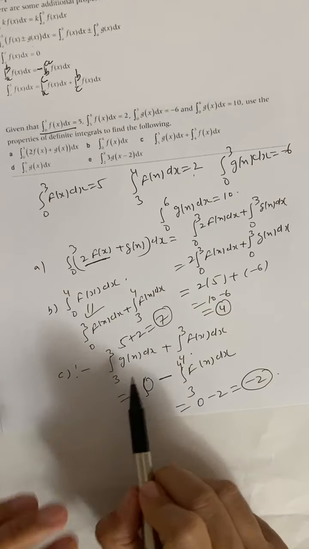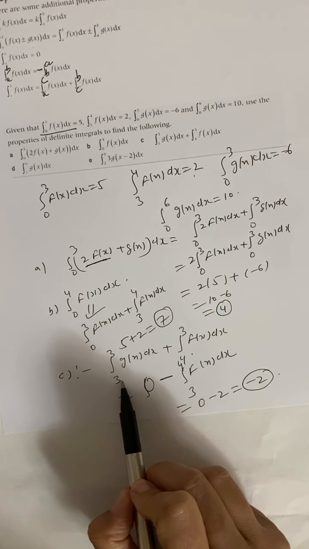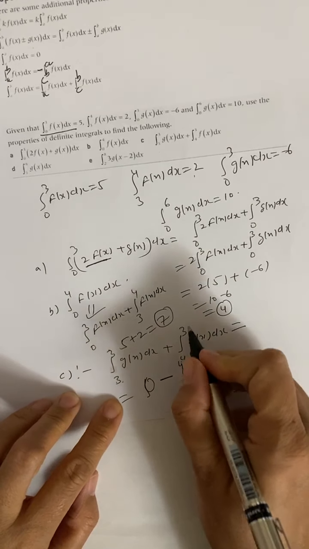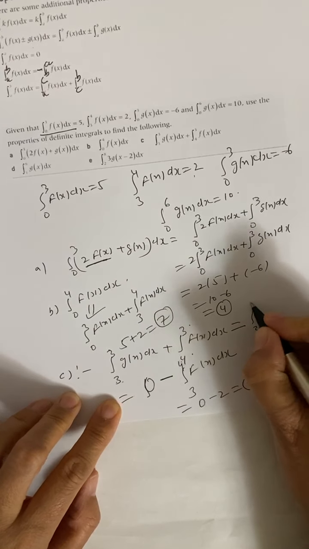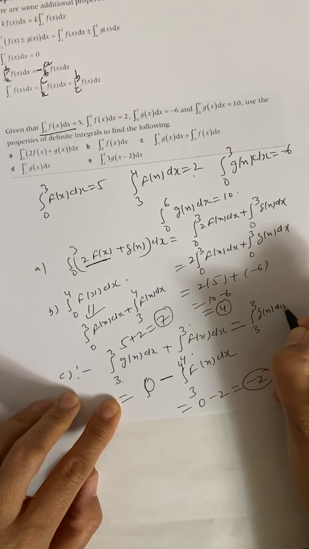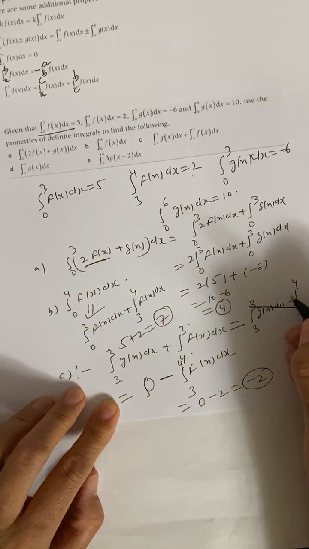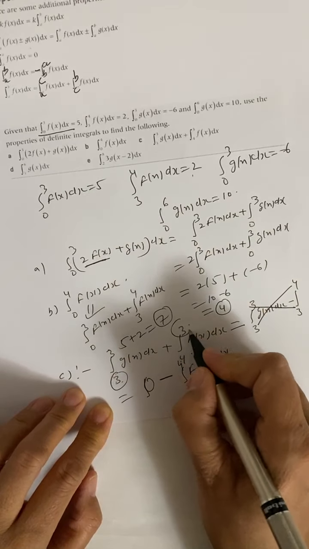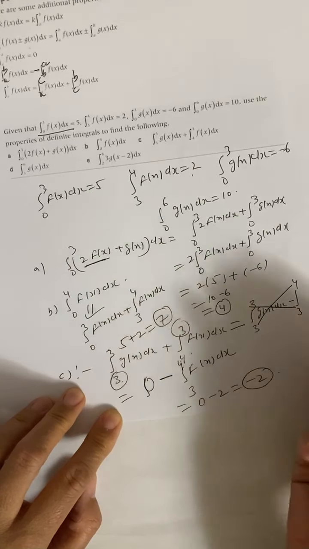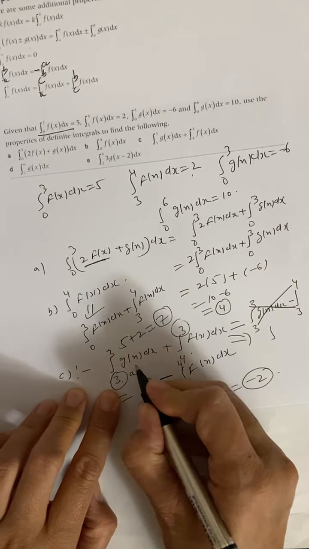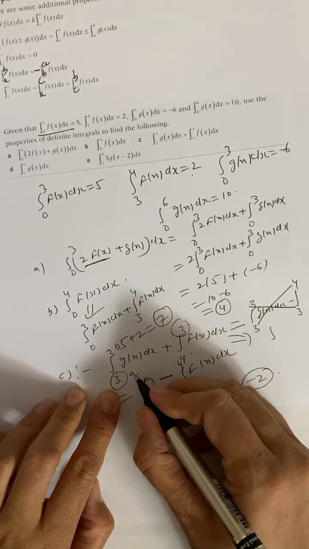Okay, so we did not have to use the same because you could have done this also, like 3 to 3 and then 4 to 3, but then you can do 3 to 3 of g(x) dx minus 3 to 4, but then it's not going to match, so don't do that. This and this is matching, which means this is the same as